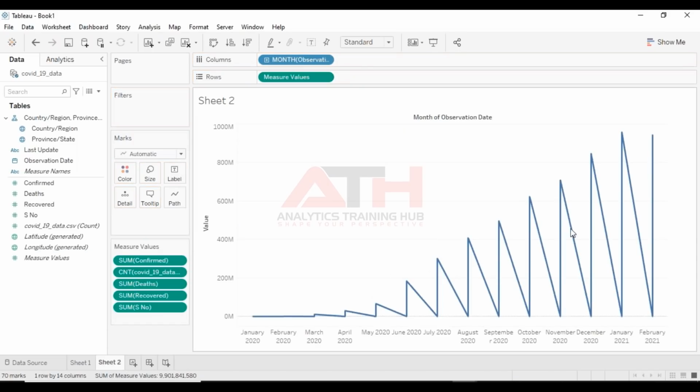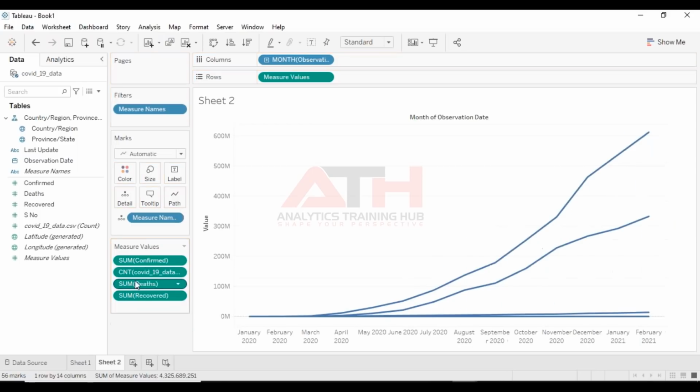So now you can see I have all the values here, but this is not something that I want. So I'll just remove the ones that I don't need. So now I'm left with only this sum, deaths and recovered is something that I need.